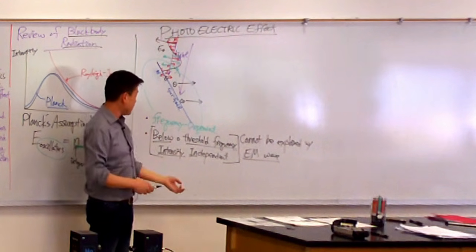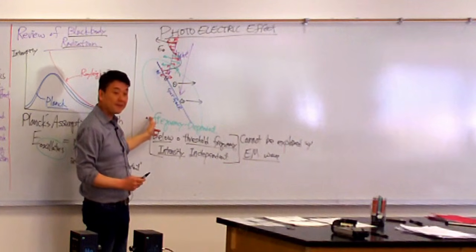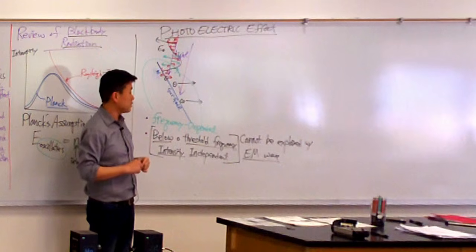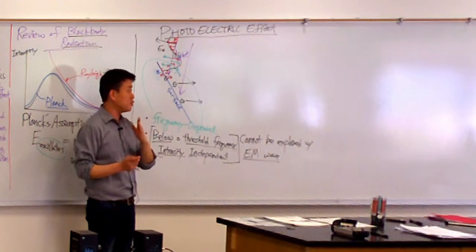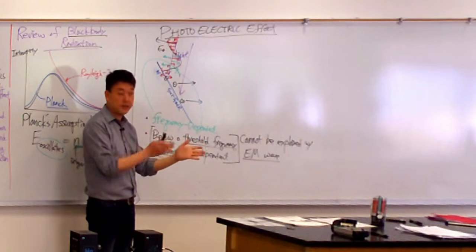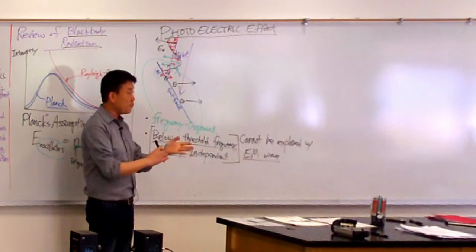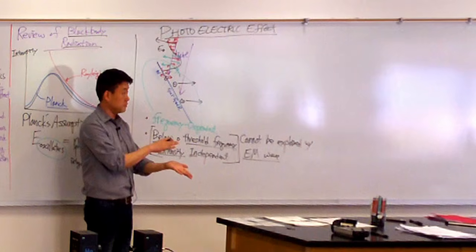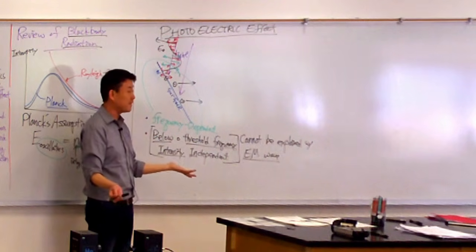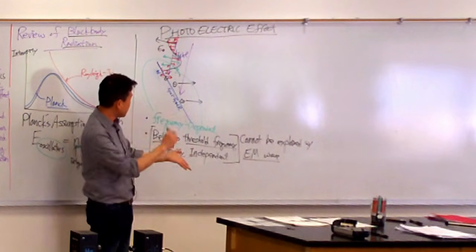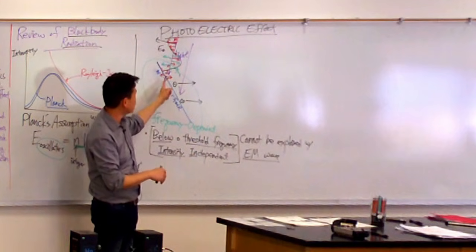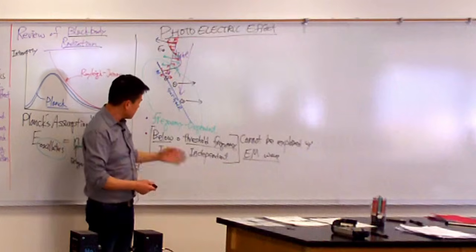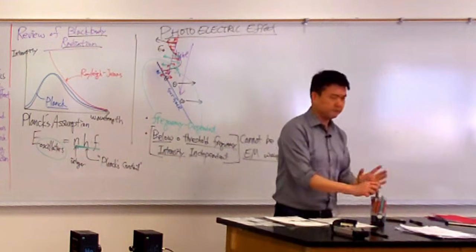And on the flip side, if you have enough frequency, so as you reduce the intensity, what you would see is that the rate of discharge is slower as you reduce the intensity. But what you would see is that no matter how small the intensity, you would always get some discharge. So that's another thing that's kind of hard to explain. Like, if you reduce intensity enough, then are you just simply not shaking the electron enough that it would pop out? So I will say this puzzled people long enough, decades.